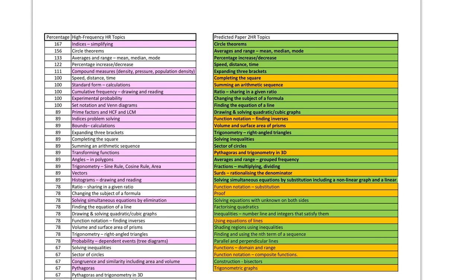What I've done here is, using the high frequency topics, I've highlighted in pink the questions that came up. Now, that doesn't mean that they're not going to come up again. Like, I would definitely say that indices will come up again. Maybe some form of percentages, etc. Please have a look through at what has come up, and then what I've done is I have